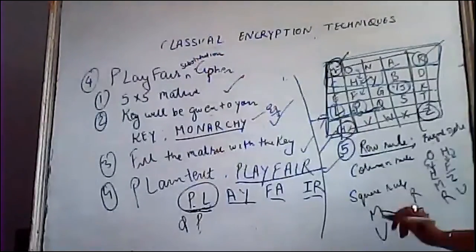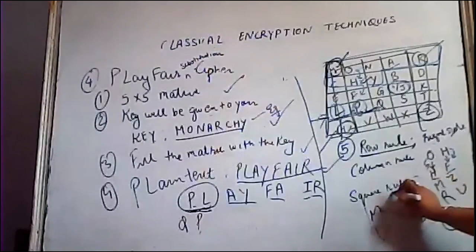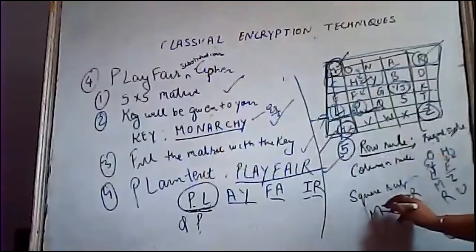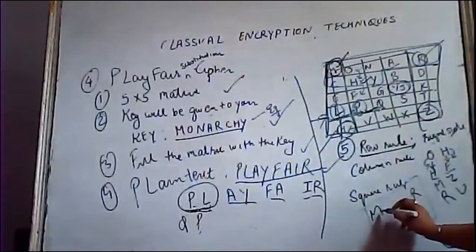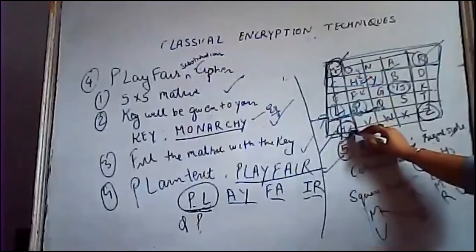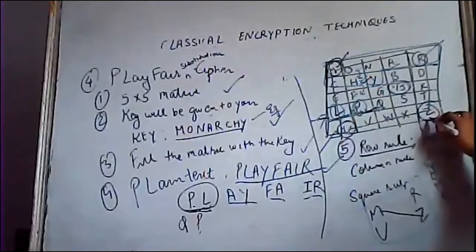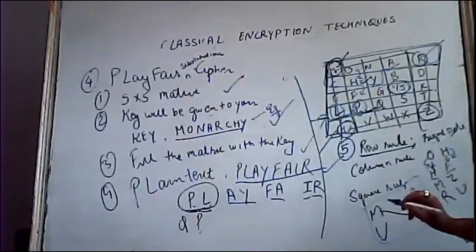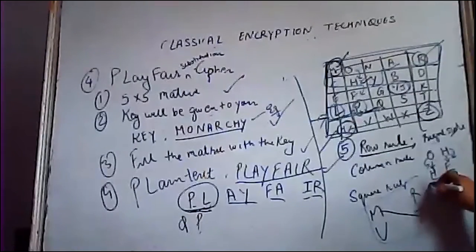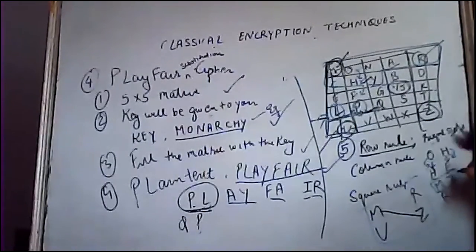Fine. What is the Sphere rule? That a particular sphere should be formed. So don't get confused. As I told you earlier also, let's suppose we have this type of sphere M. This is U, Z, and R. So you are given with the term M or Z. We need to encrypt this particular term.